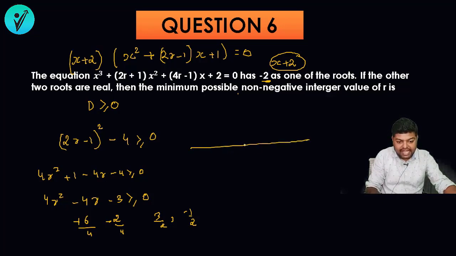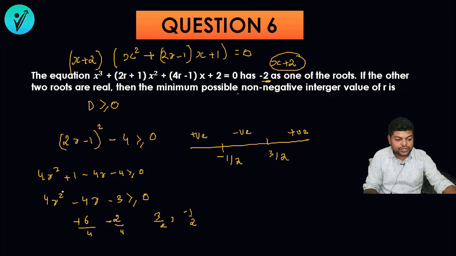Let's plot it on a number line. So somewhere I'll be having 0 here. So suppose this is minus half, this is 3 by 2. Okay, and what we need, this is an inequality and we have to solve this inequality. We will be considering all the region that is positive. So first of all, this region will be positive, this will be negative, and this will be positive. So if I have to answer this equation, what should be the answer? So this region and this region, but in the question it was clearly mentioned that